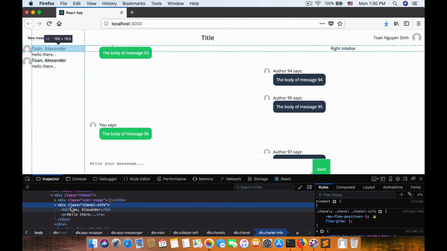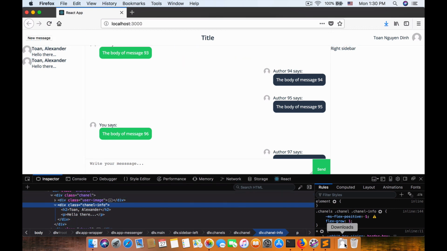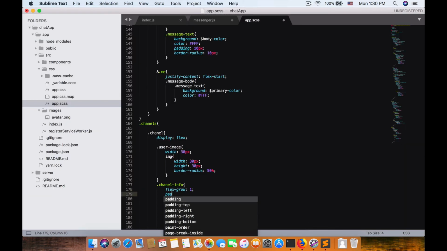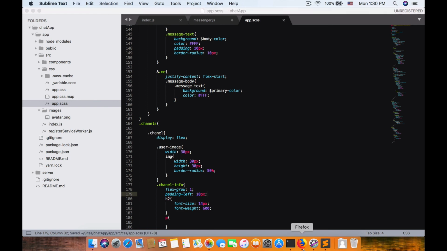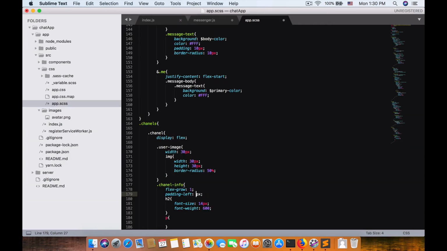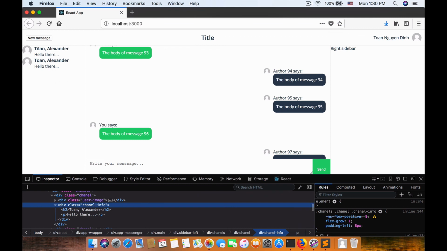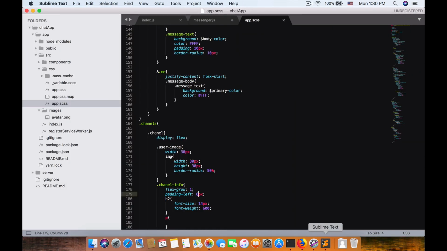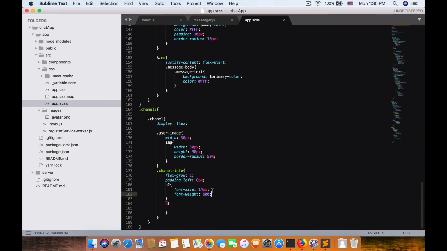Cool, much better. And for channel info, I want to give some padding left. Padding left should be 10 pixel, or even just 8 pixel is enough, right? And give some border to channel. Right, channel is exactly the group method. So in channel, give a border bottom, so the border color, sorry,